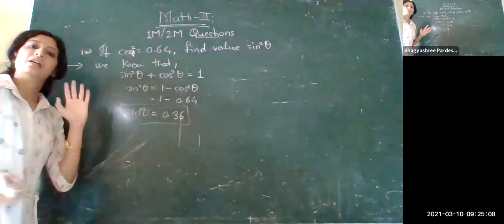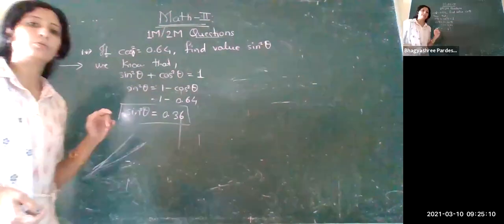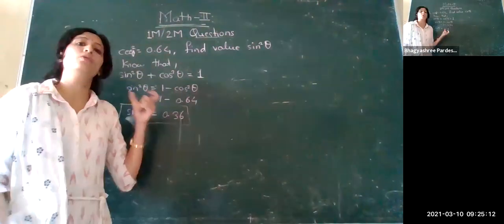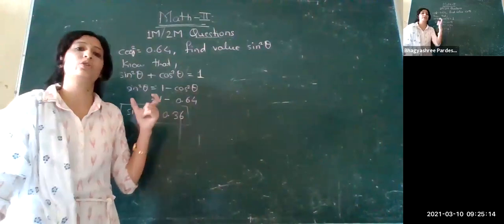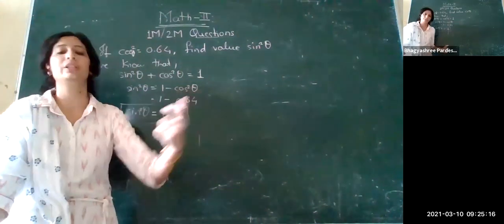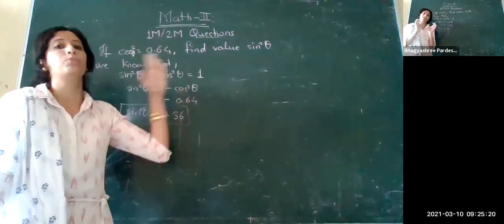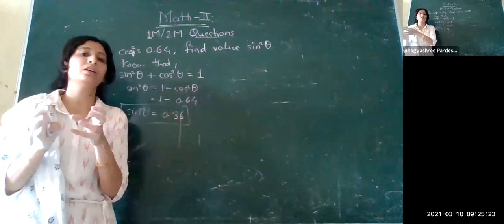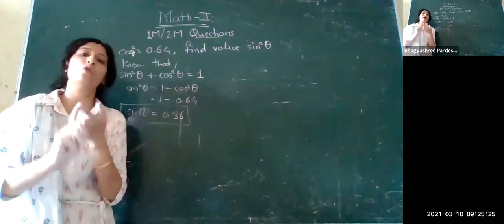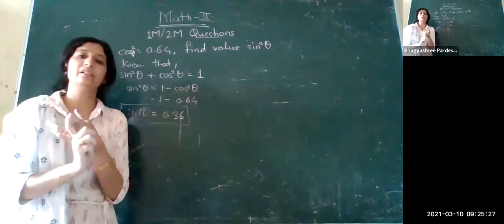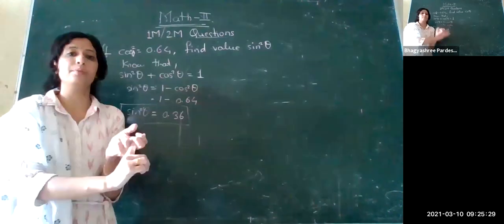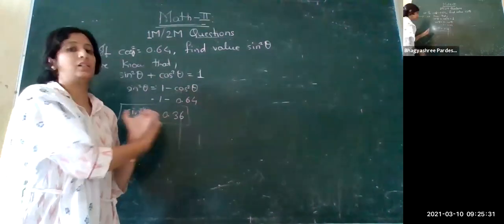Again, I told one more thing about solving this question: this question must be completed within 30 seconds. So how is it completed? If you know, this is the tricky one. Tricky means this is the thing in Maths 2 which you have to remember: the formulas, the identities. If you know all these things, the theorems, then Maths 2 is also the easiest.